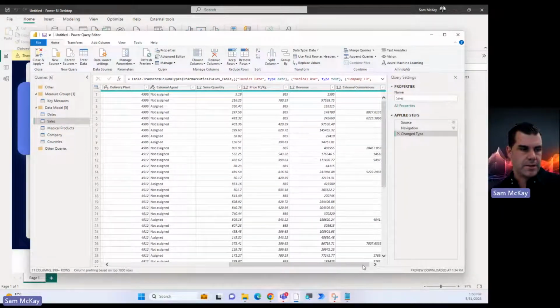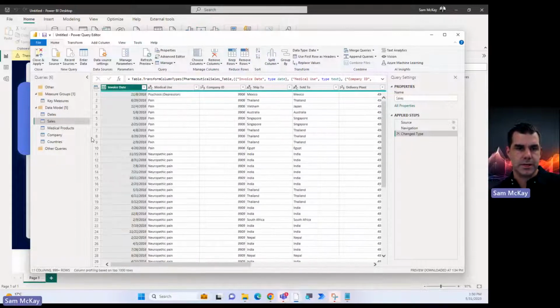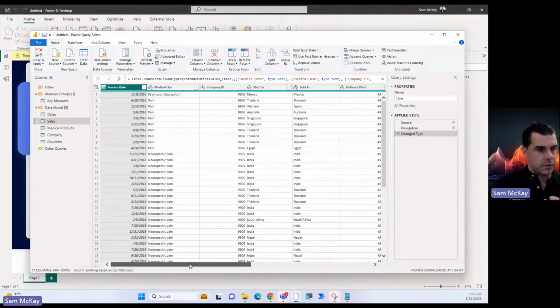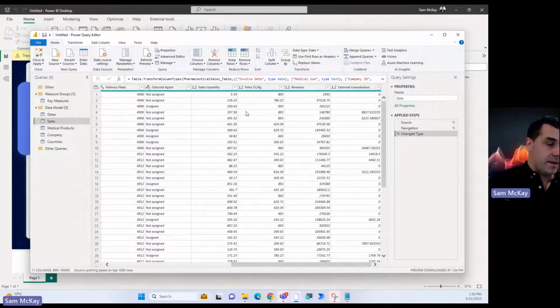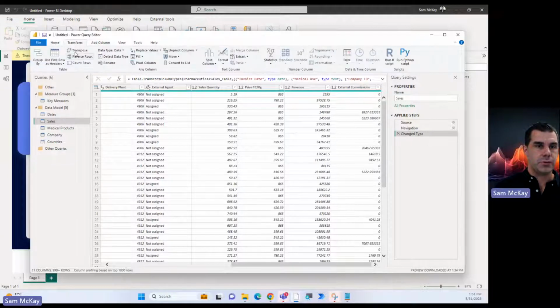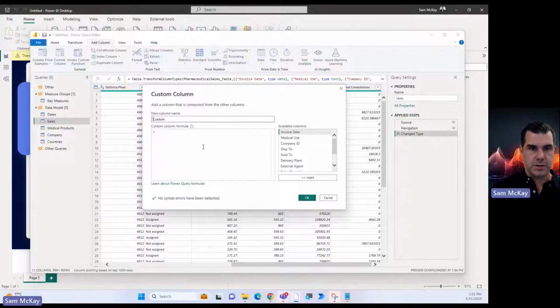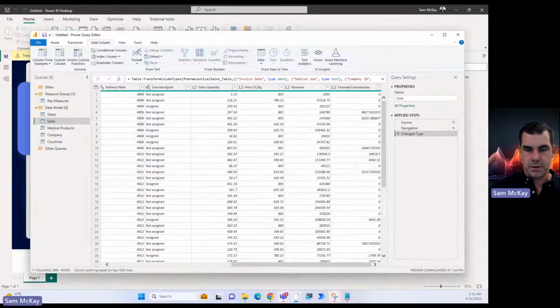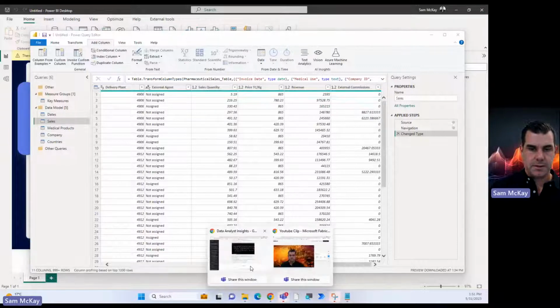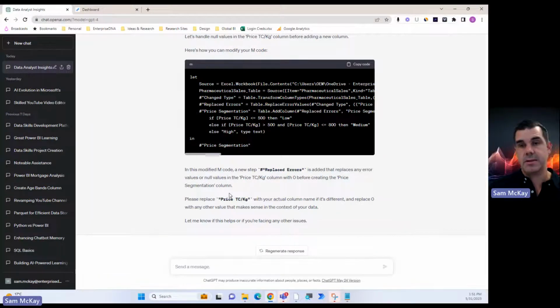But look, I think it's interesting nonetheless, right? I had another example where I was creating a lot of these grouping columns that are quite hard to create. They bring a lot of additional insights or ways you can slice and dice your data, and you can do it quite quickly within here. You don't have to go through and do a whole lot of customization. Usually it can actually give you the actual custom code here. I'm not sure why it wasn't giving it to me. If we asked it slightly differently, maybe it would.